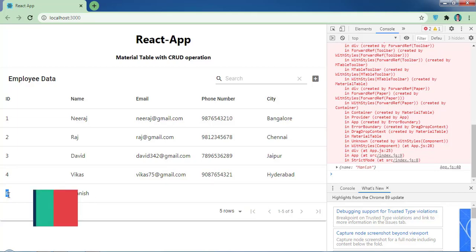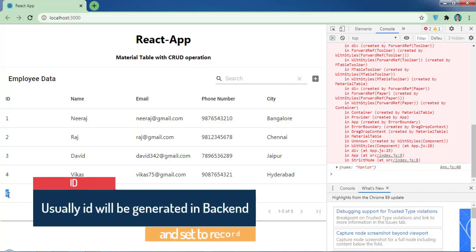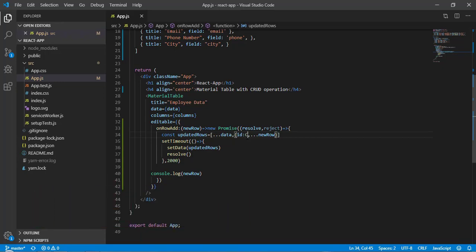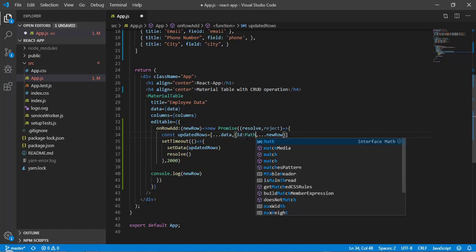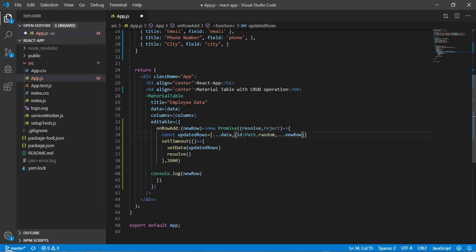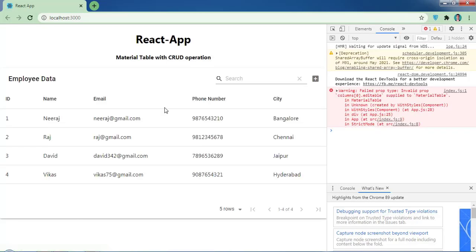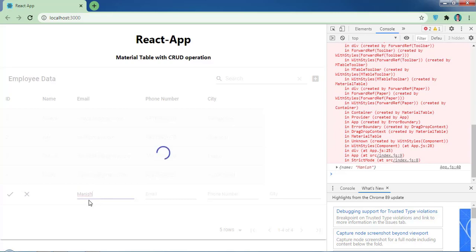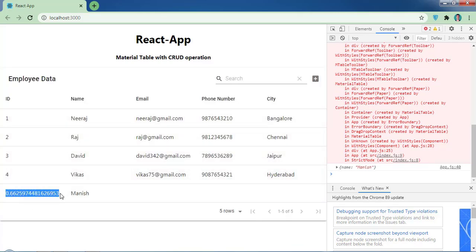Why? Because this value we have hard coded; we are not getting it from the user. If you want to handle this, we have some packages which are responsible for generating unique IDs. As of now I will show you how to handle this with the Math.random function. Here we can write Math.random, and this function is going to generate a random ID. If I click here, enter and hit enter, now you can see we have a random value here.